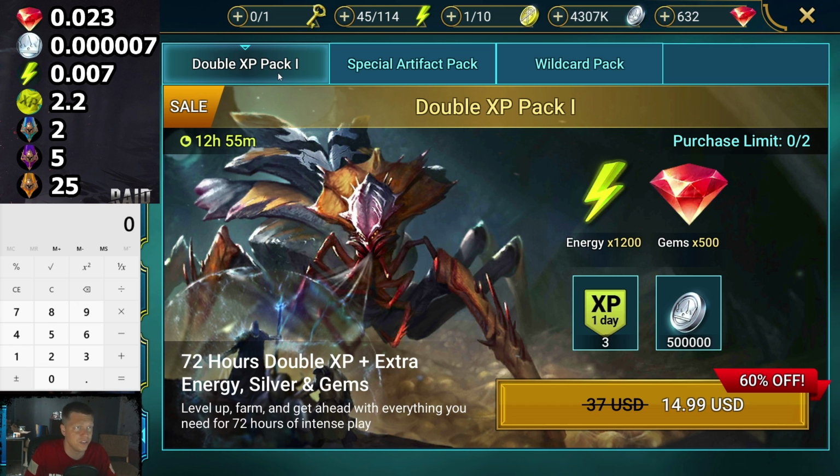So we'll start off with the double XP pack. What we're going to do is take the units we get times the value per unit. So we get 1200 energy. We're going to multiply that times 0.007, gives us a dollar value of 8.4. Then the diamonds, we're going to go 500 times 0.023, gives us a dollar value of 11.5. And then the double XP, we can do this one in our head. It's going to be 3 times 2.2,